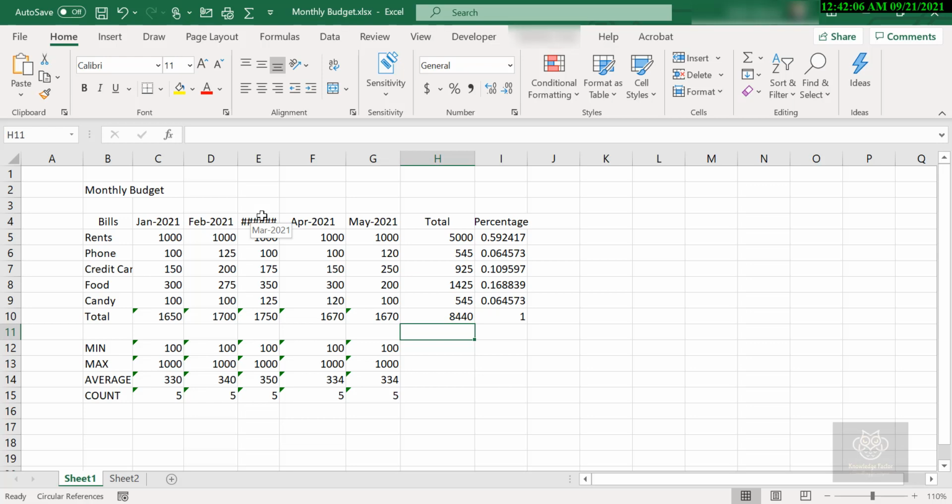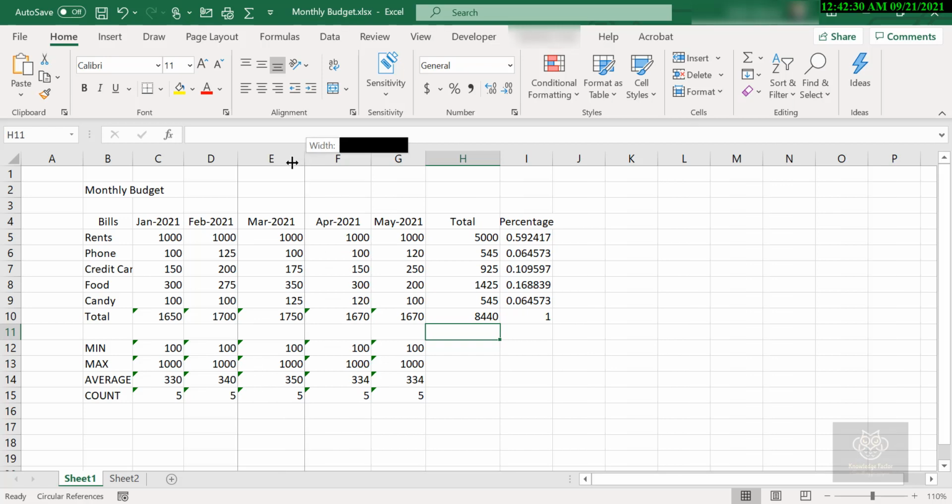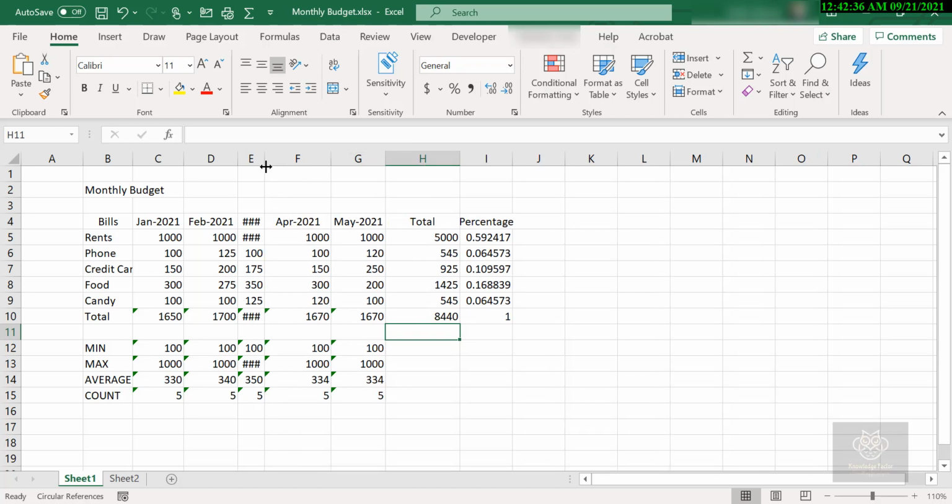So all I need to do here is move up to my E column, right? And in between E and F, I move my cursor there. See, I get that kind of two-headed arrow looking thing. I'm going to left click and drag, and this will allow me to adjust the width of the column. You'll see if I narrow it too much, I get back to those pound symbols. If I narrow way too much, then I'm starting to get the pound symbols instead of all those numeric values there, right? So all I do is drag that out just to give it a little bit more space and accommodate for the size of those values.